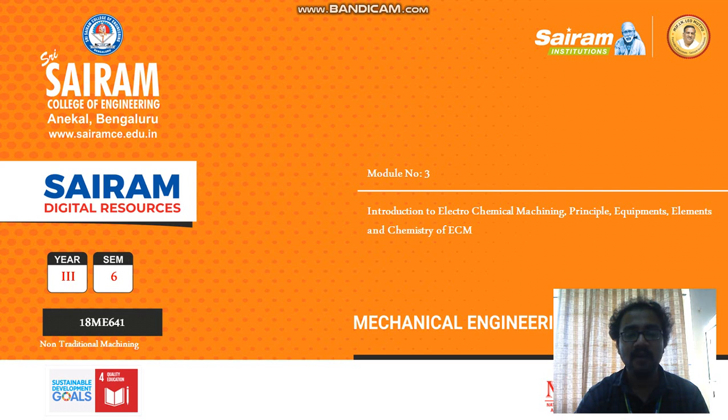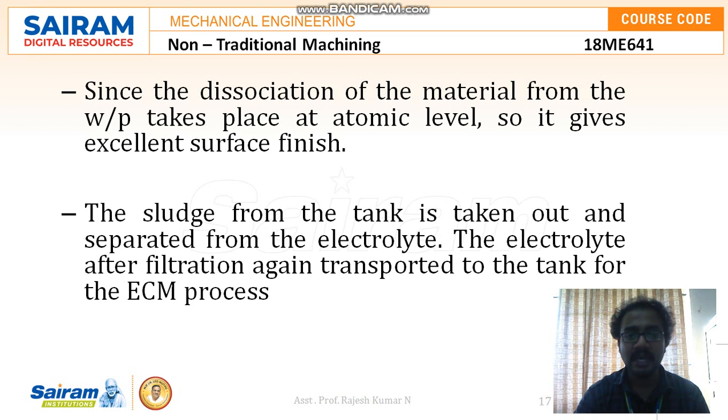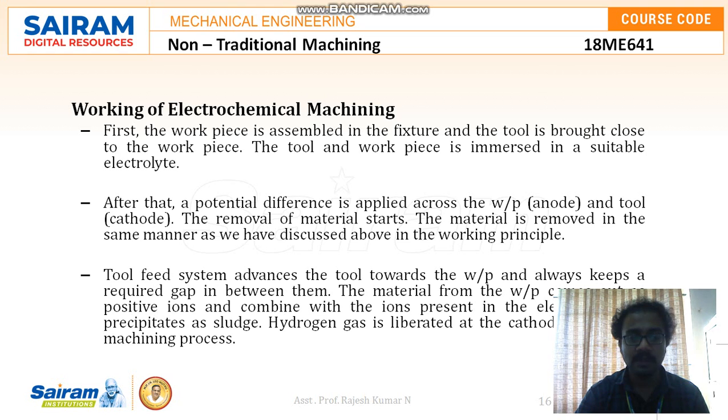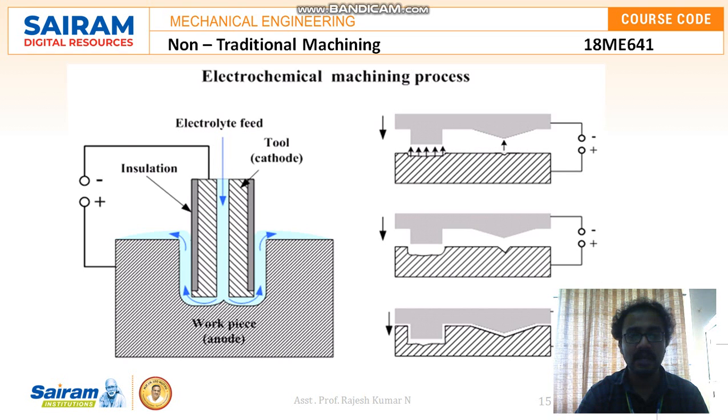Even the process parameters and other things we can continue in the next video. So we need to focus more on the working of the electrochemical machining process only in this video. And now we will discuss what kind of materials can be used for the cathode and anode.